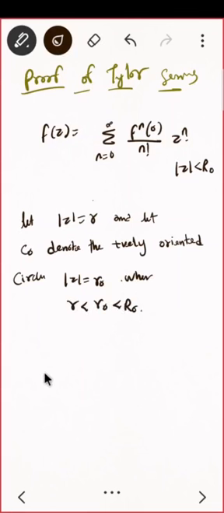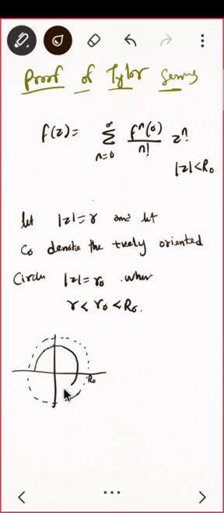Okay, so if you draw a figure, then earlier say it was capital R naught. Say this is capital R naught, and you are having one small r naught. So this is small r naught, and r can be anywhere. If you are having a point say here, so r can be anywhere. That is say z is here, so this length will be your r. This is something like this. Okay.